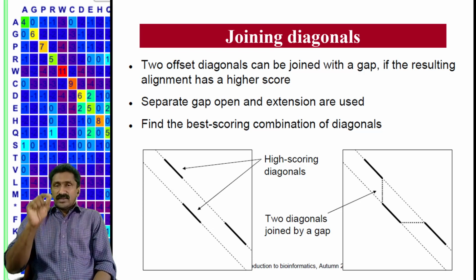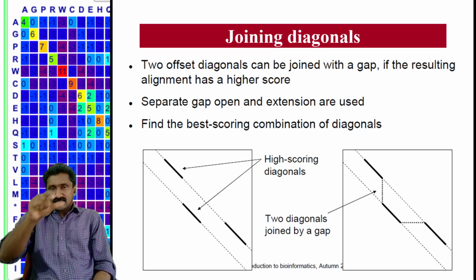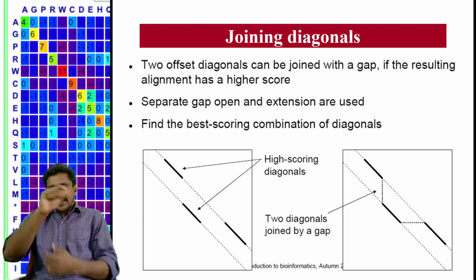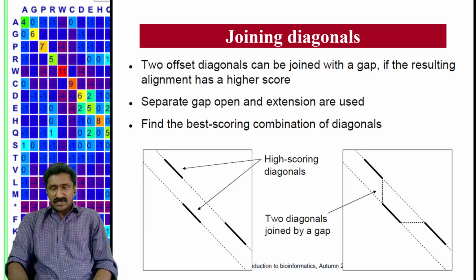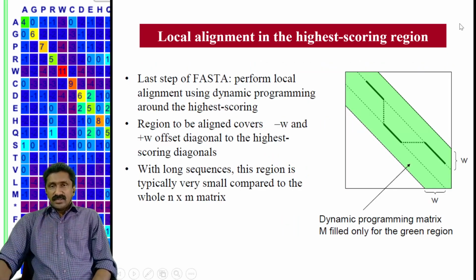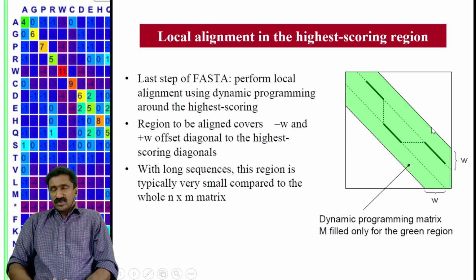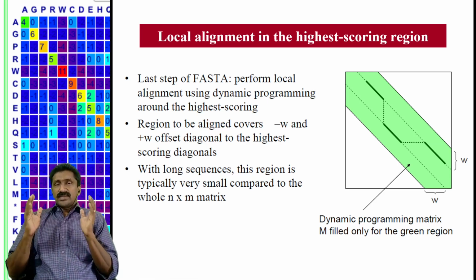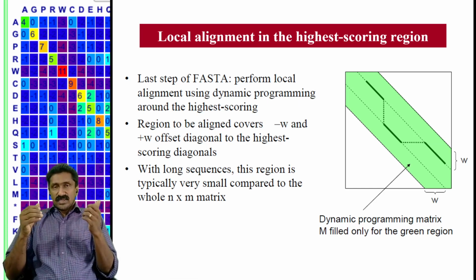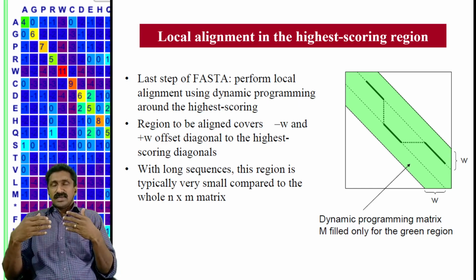And once you identify the diagonals that can be connected, you can arrange a region of the diagonals, so the connecting diagonal regions can be constructed. In this slide, you will have this diagonal, and you search through this connected diagonal region, and some border region also needs to be considered. Only through that region do you perform an intensive search, like a dynamic programming based search for similar regions.